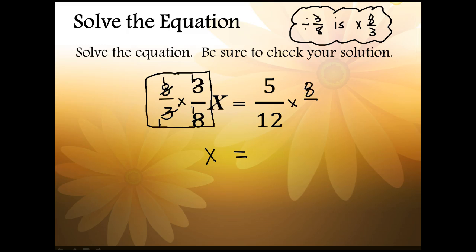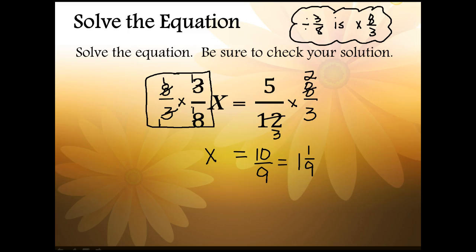Now we could multiply straight across and get 40/36, or we can cross cancel, and this gives us our answer of 10/9, which is x equals 1 1/9. Whether you write it out as a division problem or multiply by the reciprocal of the coefficient, you will still